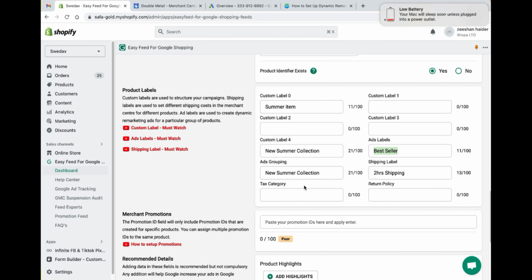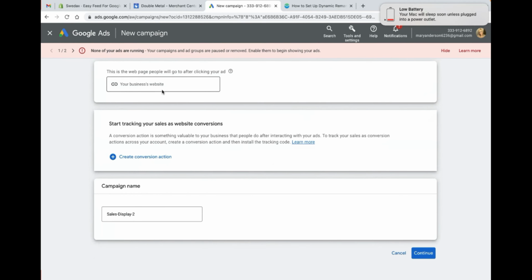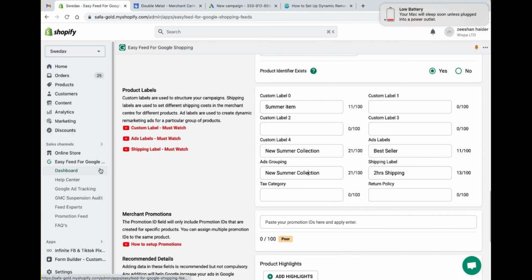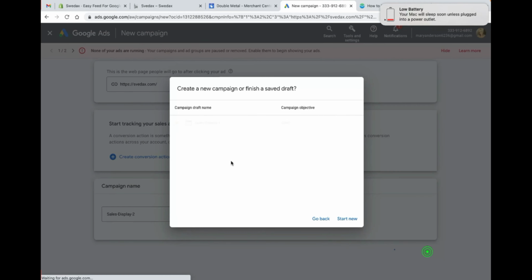Till now you have got the idea that we have to show the ads to our visitors of the products they just landed on, to make them purchase those products. Now let's move to our ads account. So here I'm going to make a campaign. I am going to make a sale campaign and it will display over here, and Google will sort it out itself. Let me visit my online store from the front end. I have to add the domain, copy it and paste it over here. Now click on start new.